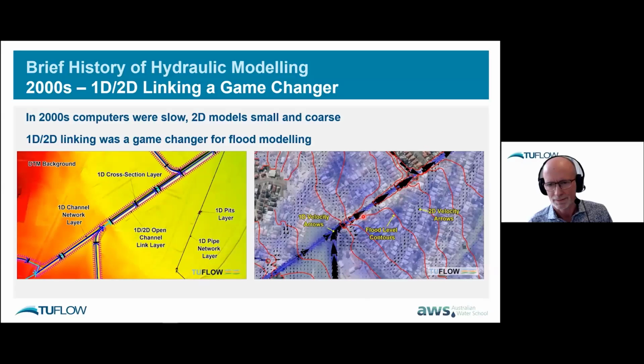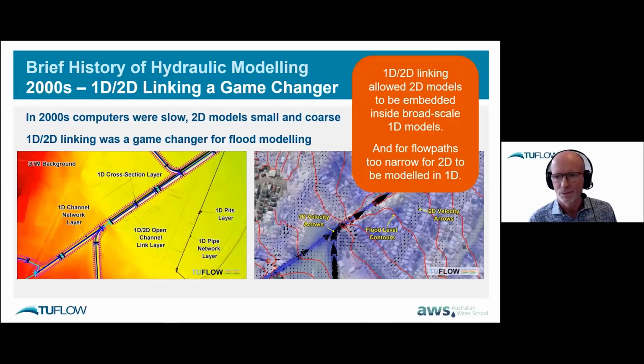And we're talking, this is a concrete lined channel moving at 5-6 meters per second. So this is a really rigorous test case, but you can see how the 1D velocities are coming down there. Water is spilling out onto the 2D floodplain. You see the red lines are the contours for the flood level. So you can see there's quite a variation in contours. And so it really allowed us to get 2D into areas that we just couldn't do because our model resolutions were too coarse and the computers were too slow.